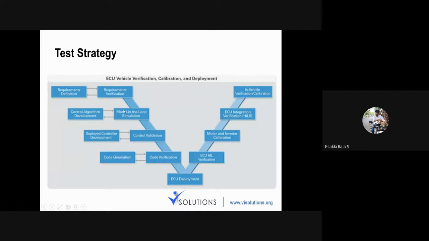If the requirement verification is not satisfied, they go back to requirement definition. Next, model in loop simulation. This is PC simulation, and this is the PC control algorithm, like what we have done now. That is the second part. And the third one is control validation and deployed controller development, which means